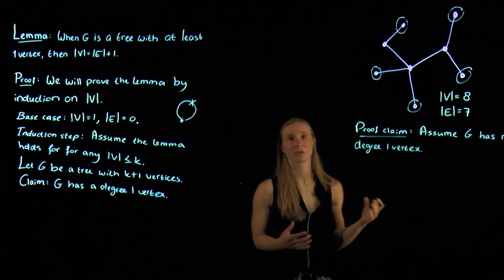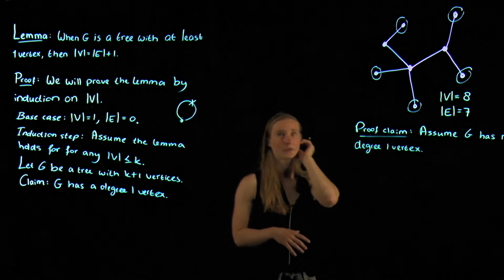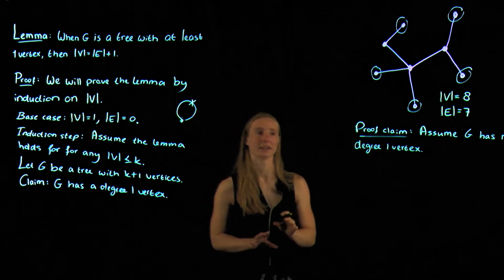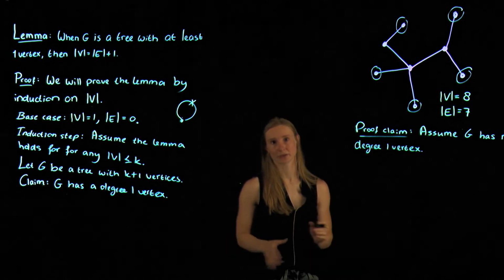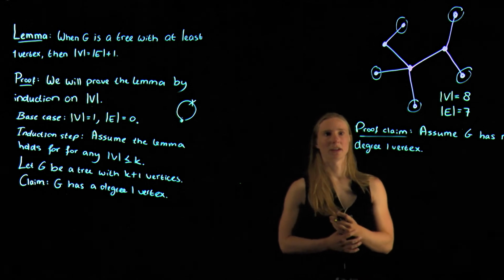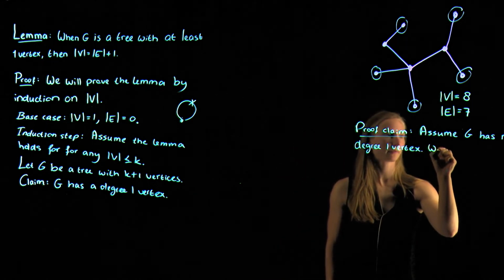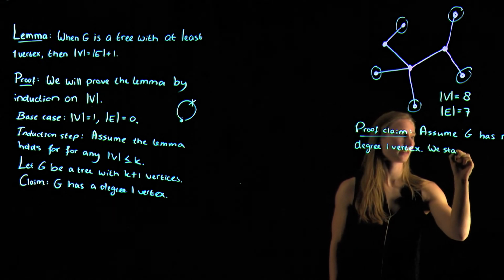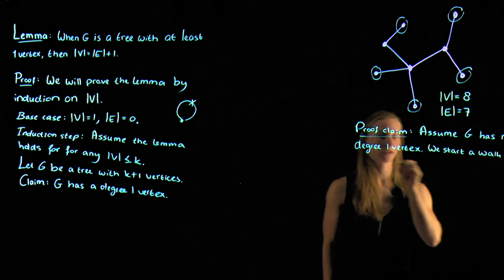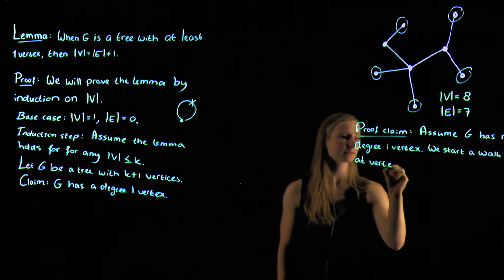So apparently all the degrees are at least 2. Because we have a tree, so we already know that it's connected, so we cannot have any degree 0 vertices. So then we will create a walk through the graph. So we start a walk at some vertex,